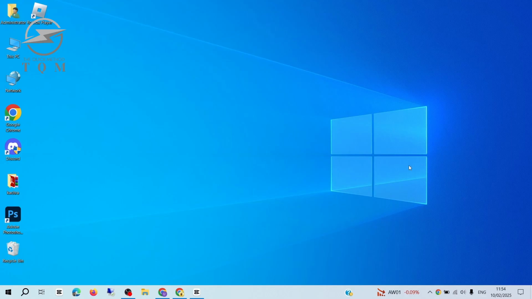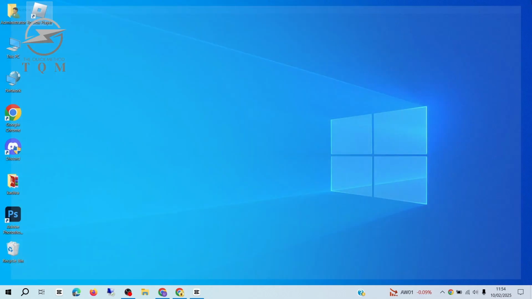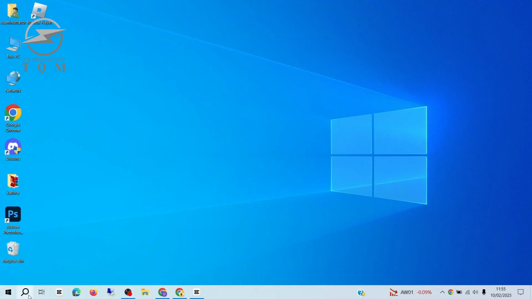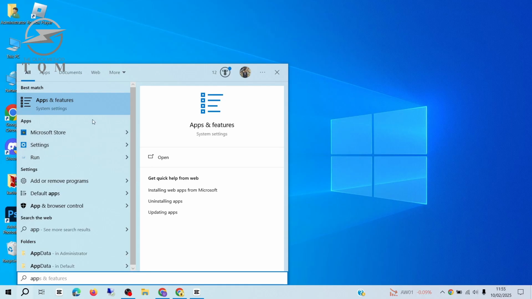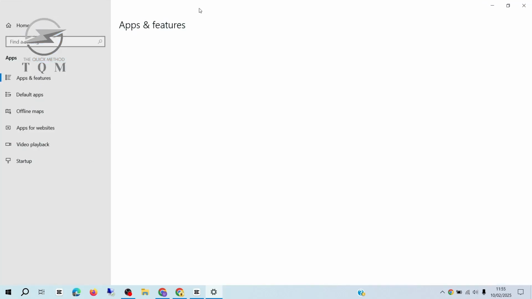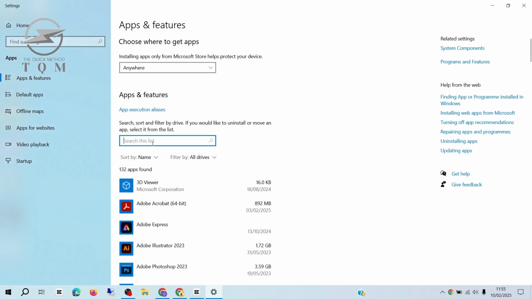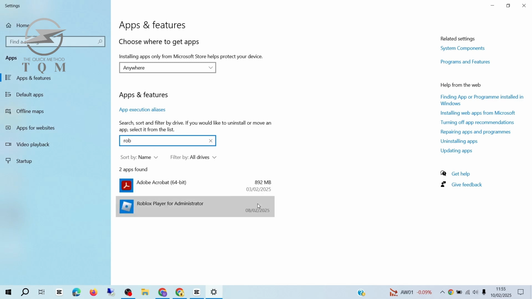If none of these steps have worked so far, the next thing to try is reinstalling the Roblox app. To do this, go to the Start menu and search for apps. Click on Add or Remove Programs and use the search bar to find the Roblox app. Make sure you select Roblox Player, not Roblox Studio, then click on the three dots next to it and select